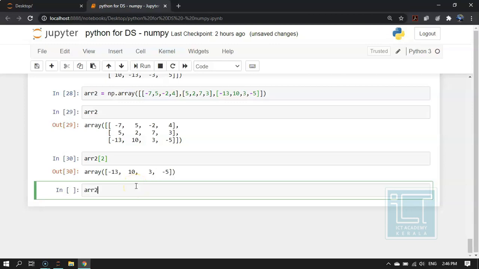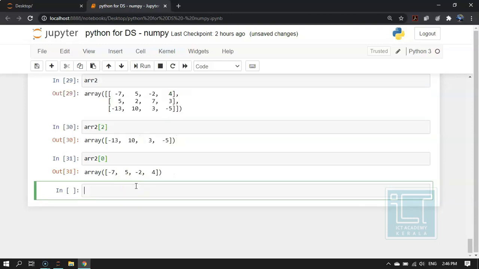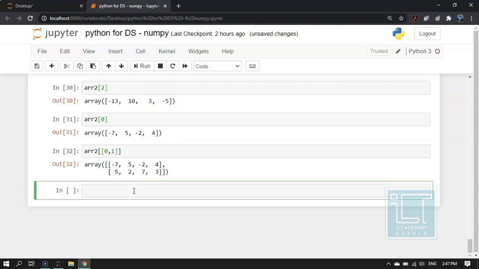Now I will give one more code. So this took out the first row, or the row with index value 0, from the array. Now what if we want to take out multiple rows? Then similarly we have to give it as a list of lists, which is denoted by this code. So please keep in mind that we must give the index values and not the number of rows.